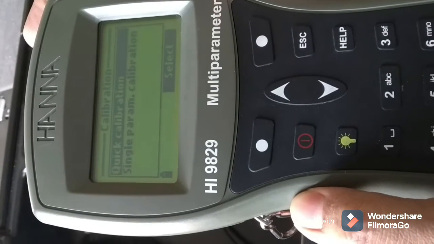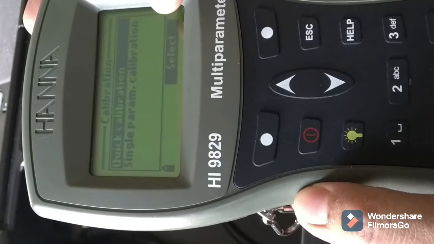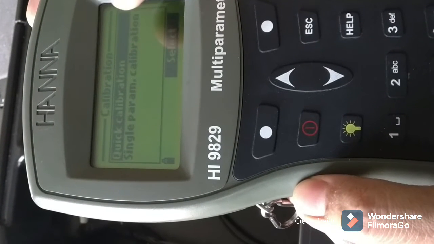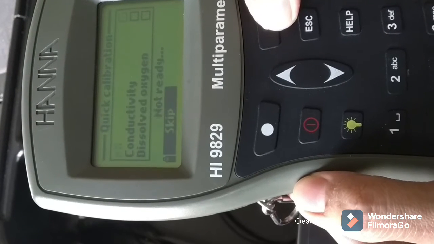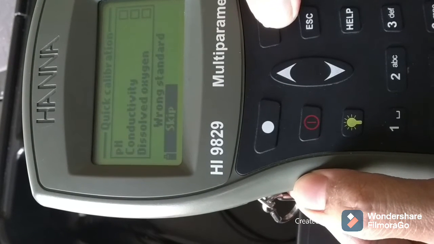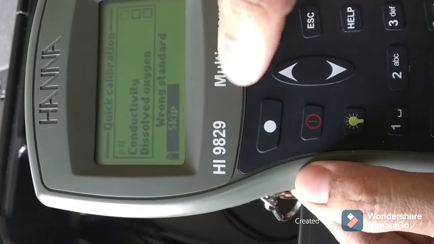But we want to calibrate all 4 parameters, so we have to select the quick calibration. So we have to select this one, and if we want to skip this one, we can skip that.